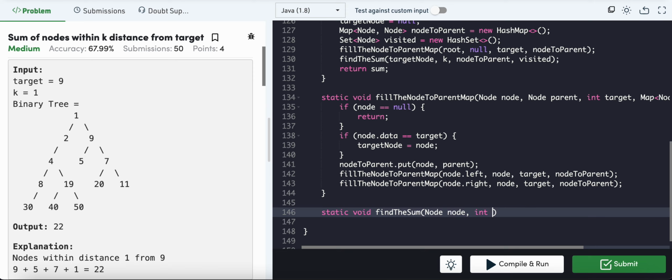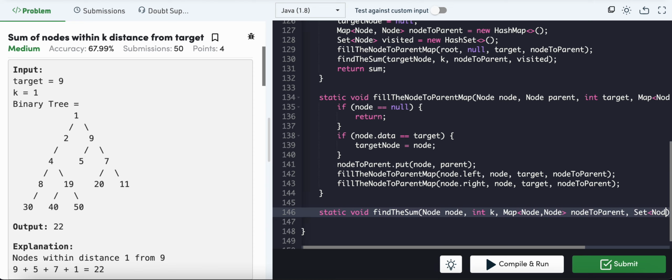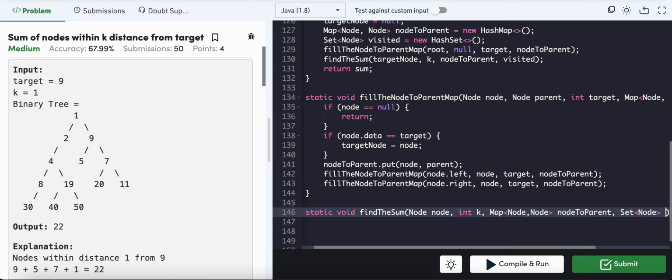Okay, so we have k, now we have the hash map node to parent, and we have the set in order to keep track of the visited nodes, because in this case we will be visiting 5, we will be visiting 7, we will be visiting 1. Now from 1 we will be again coming to 9. Now from 9 we again go to 5, we again go to 7. That kind of a loop might occur. So in order to get rid of that,